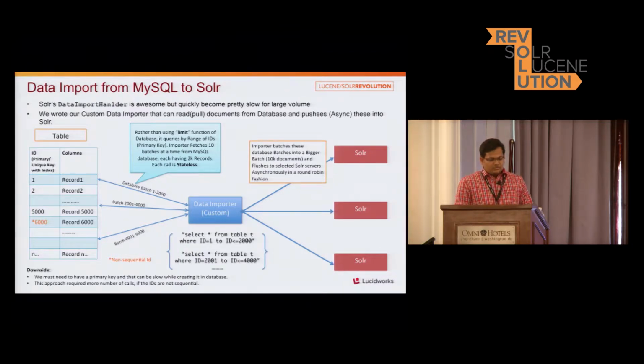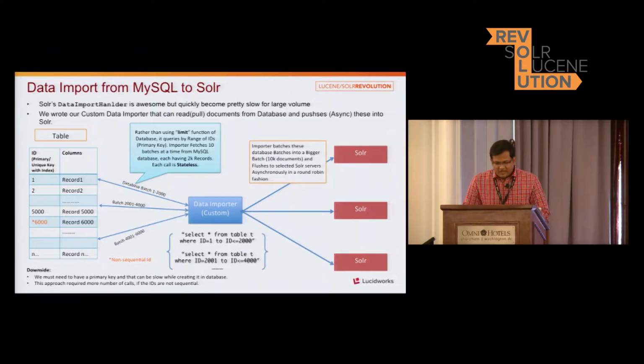So there is another functionality that the database provides, something called limit. MySQL provides some kind of pagination. I want initially the first 10 records, then I need another 10 records, something like this you can do. But with the limit function also, whenever you make a call, it is going to search the database and scan all the records. Whenever you are scanning all the records, your performance is going to be hampered. If you have 1,000,000 records, and you get 1,000,000 records and then ask, give me now 20 records, your performance is going to be drastically slow.